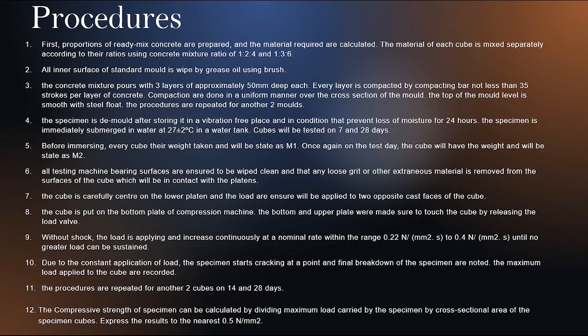The concrete mixture is placed in 3 layers of approximately 50 millimeter each. Every layer is compacted using the compacting bar, not less than 35 strokes per layer. Compaction is done in a uniform manner over the cross section of the mould. The top of the mould is leveled with the steel float, and the procedure is repeated for another 2 layers. The specimen is demolded after storing in a vibration-free place, in conditions that prevent loss of moisture, for